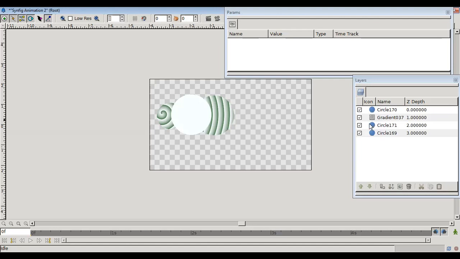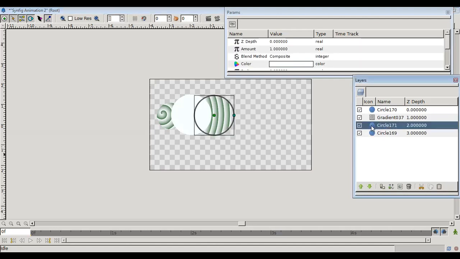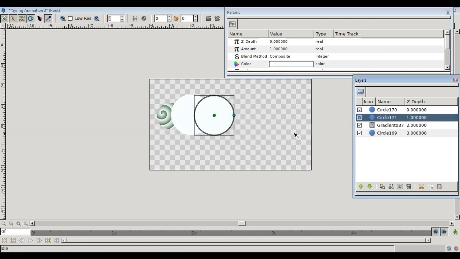Now again I have to make 171 plain. Select. You can see, this is our practical we have done. Thank you all.